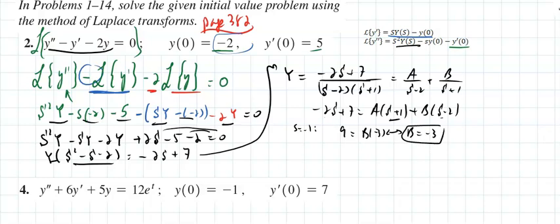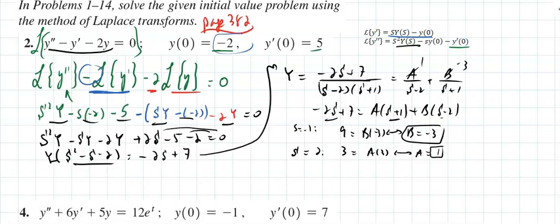And I would take s to equal 2. I'll get negative 4 plus 3 equal a times 3. So that means a is 1. So, pretty much, if I'm getting that y equal 1 over s minus 2 minus 3 over s plus 1, and I apply the inverse Laplace transform,